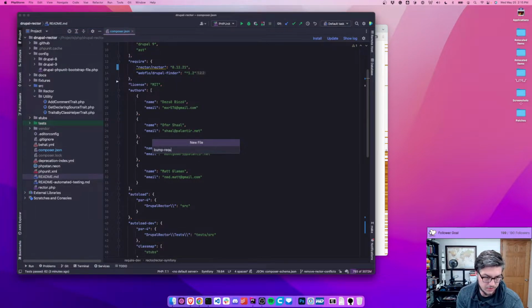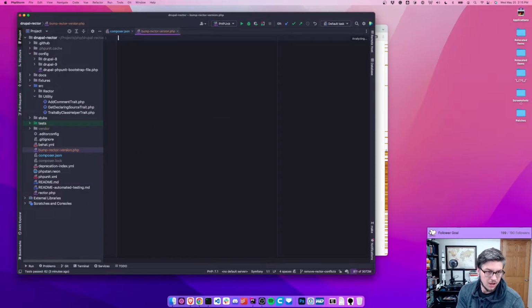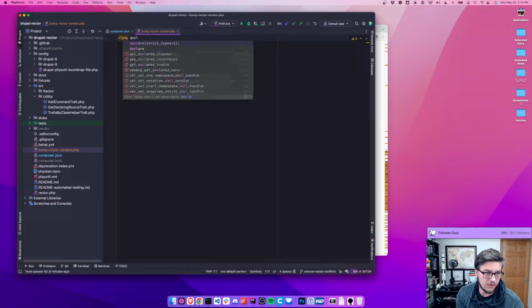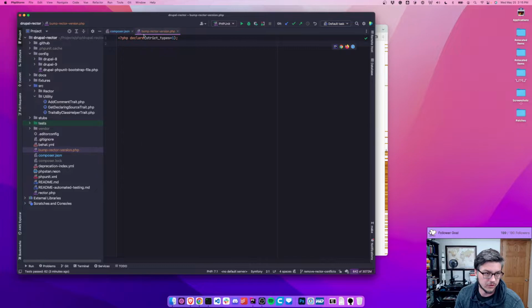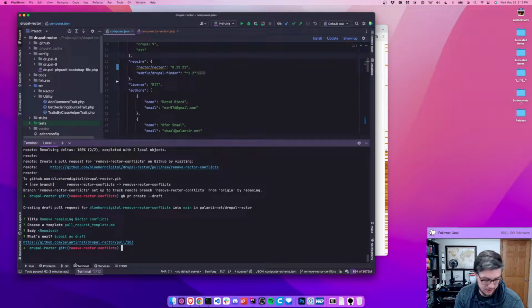bump rector version.php. I'm not going to add this. Next time I do this, though, I am going to write a script for myself in vim